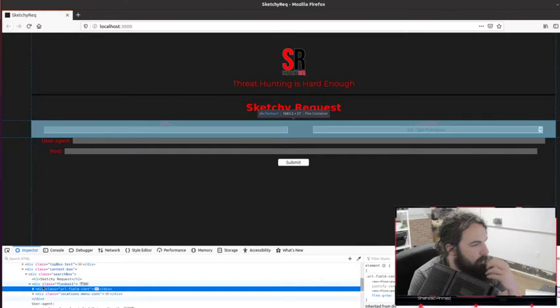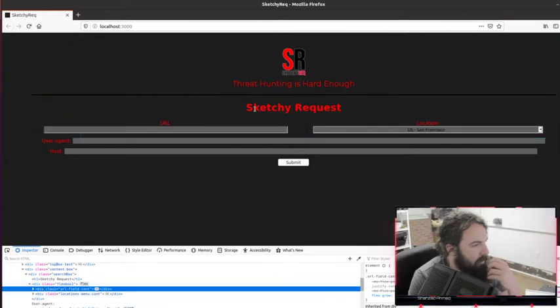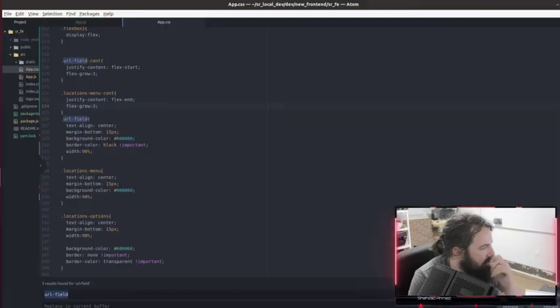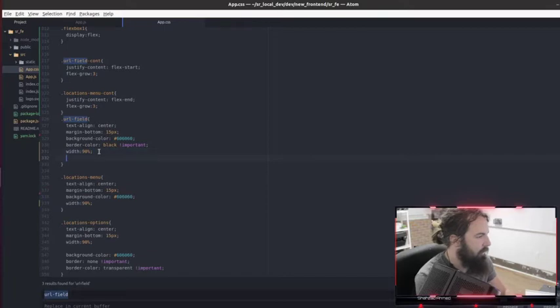I just need to move SketchyReq over just a bit. Honestly, I might just get rid of that. I don't really know how I'm going to do it, but that being off-centered from that is bothering me. These two fields being two different sizes is bothering me. So that we can change, I guess. The URL field, let me make the height slightly bigger.